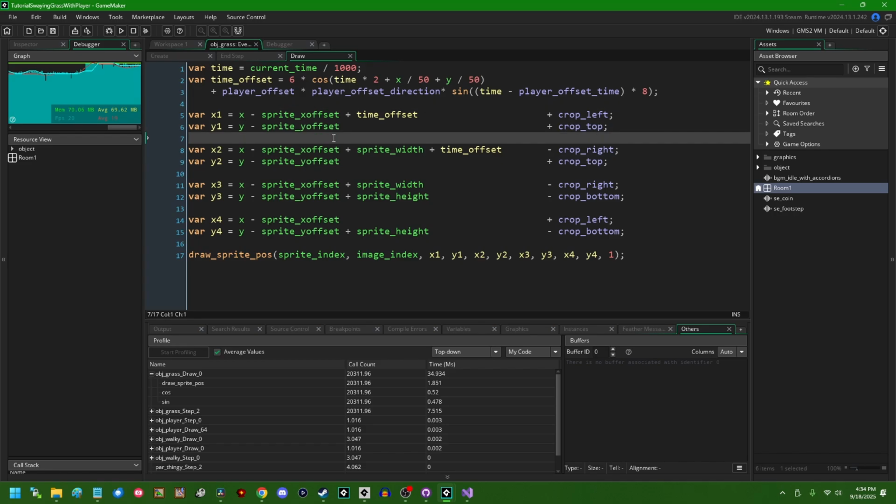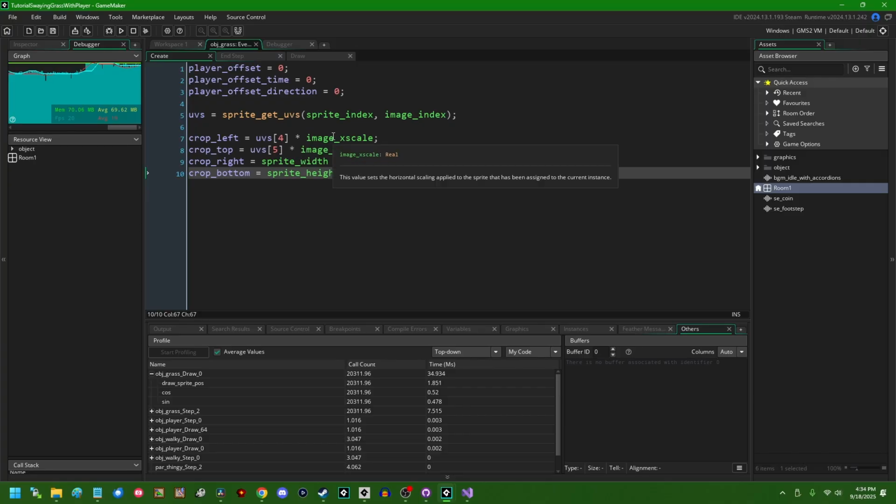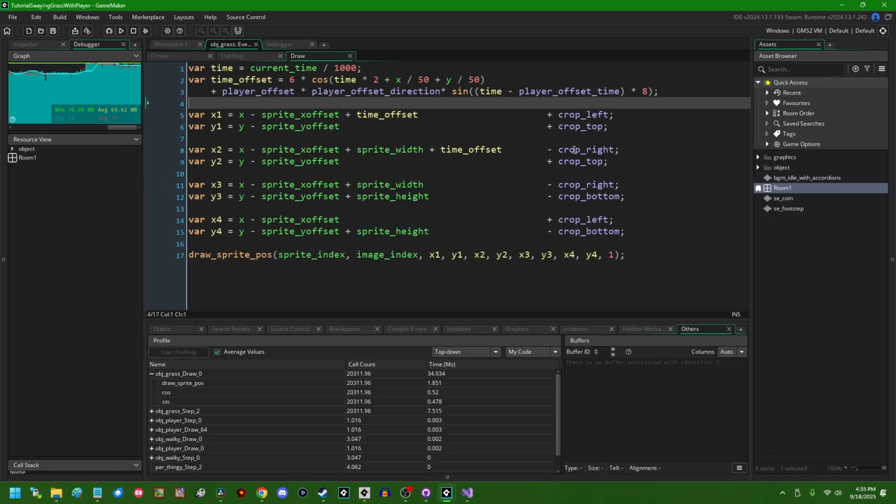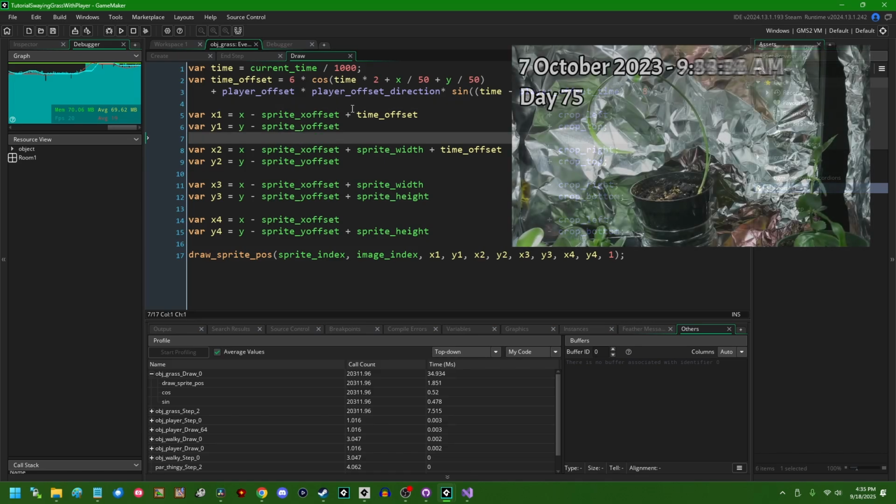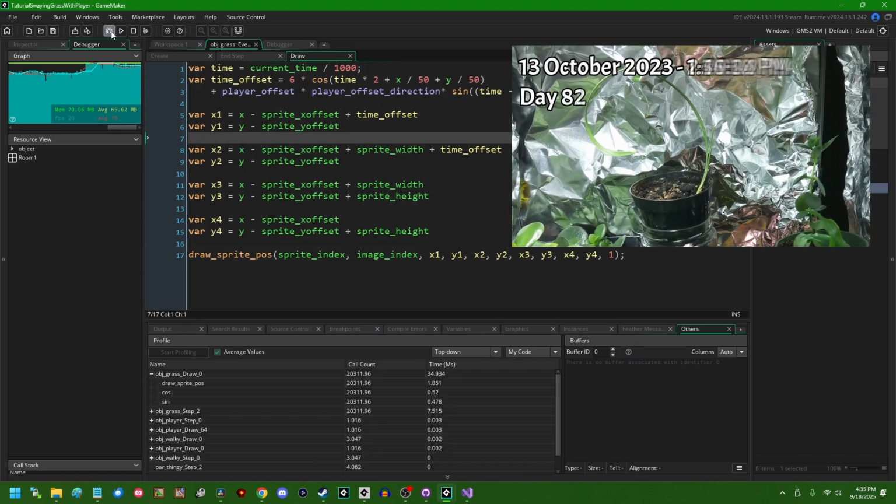This is definitely one of those things that I mentioned that, if you are not dealing specifically with grass objects and you're dealing with, like, I don't know, a character who gets up and walks around and changes size and shape, this will not work. When we look at our X scale, Y scale, sprite width, sprite height in the create event, if you ever change these at runtime, then these values are not going to update automatically unless you go out of your way to do it yourself. Fortunately, vegetation, when it grows, usually grows a little bit slower than that, so we're just going to pretend it doesn't grow at all. And if we run the game now,